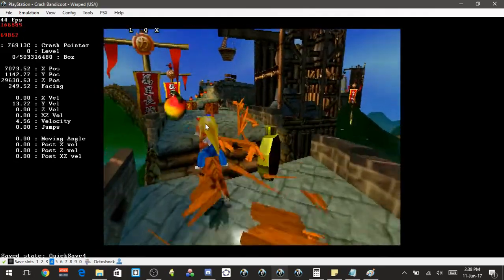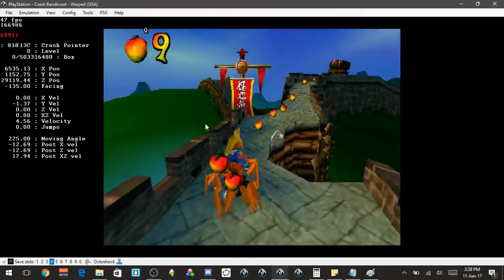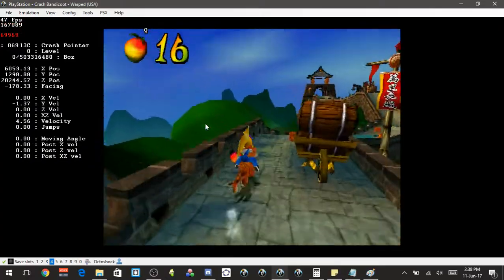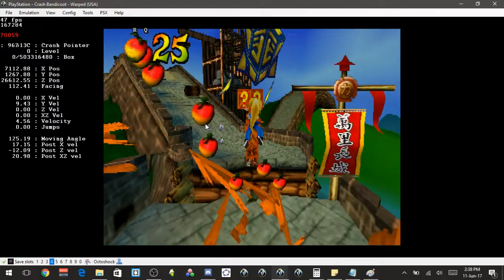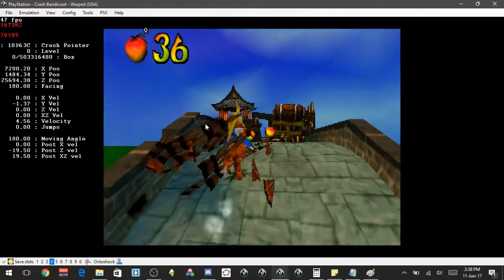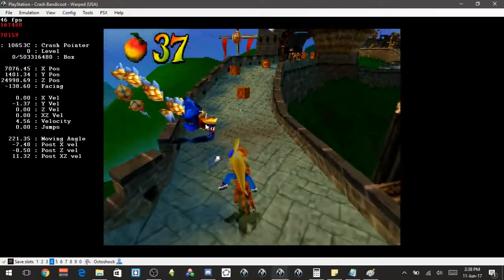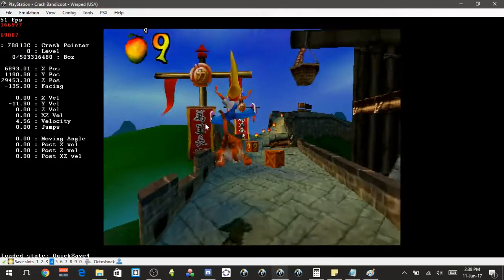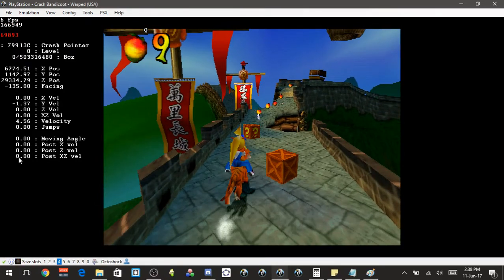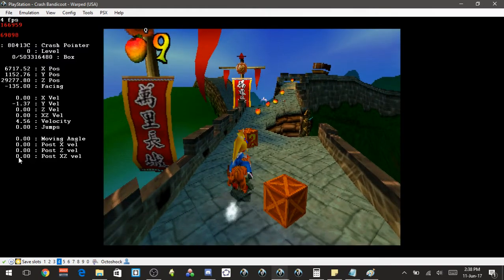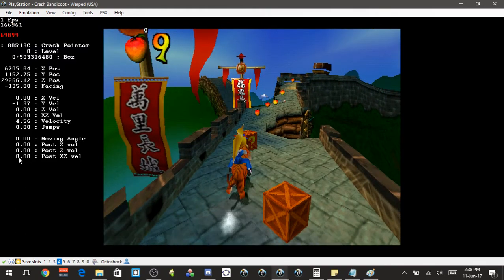Okay, so with Pura you want to hold square to go faster. I would hope you know that from playing casually and doing time trials and stuff, but yeah, hold square to go faster. And let's have a look at the speed here. So 15.35 is about what I'm going. I'm still speeding up because it's the start of the level. But watch what happens when I jump. So I'll do a jump here,